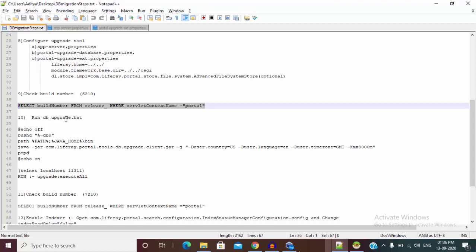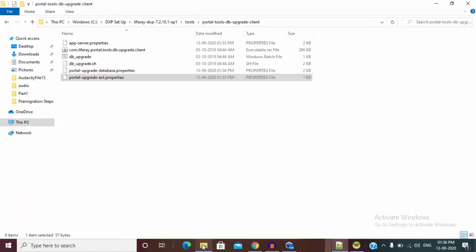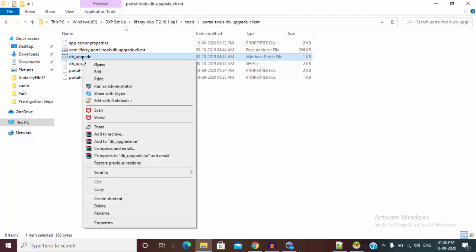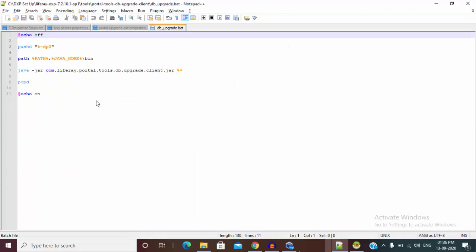So now our final step is to run the upgrade file. Let me show you where it is. This is our DB upgrade for Windows and this is for Linux. Let me show you the content. As you can see, this file contains Java jar and all those things. You can increase the memory so that the process is fast.